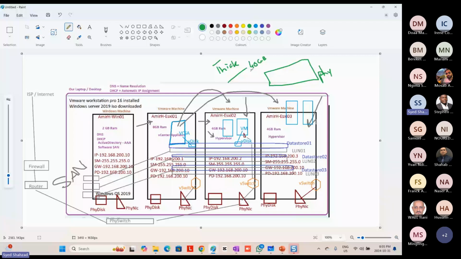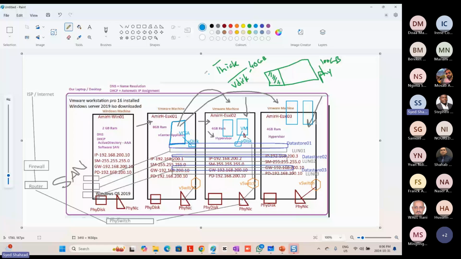Whatever space we put here, if it is thick provision, it will just occupy that. Suppose this is 100 GB. The 40 GB it will fully occupy, and it will not let any other application use it. But if it is thin provision,